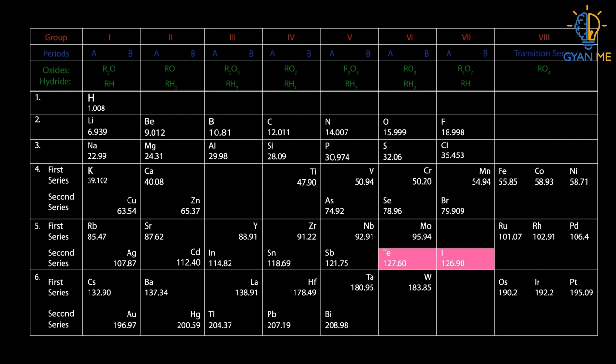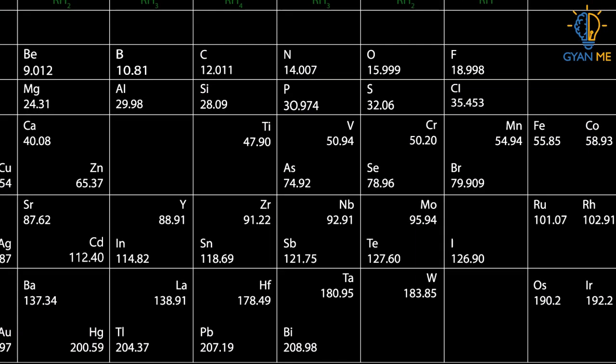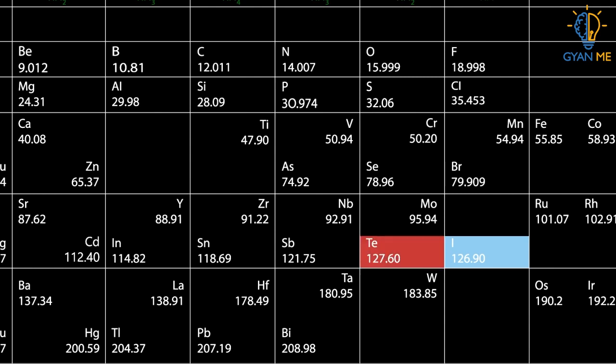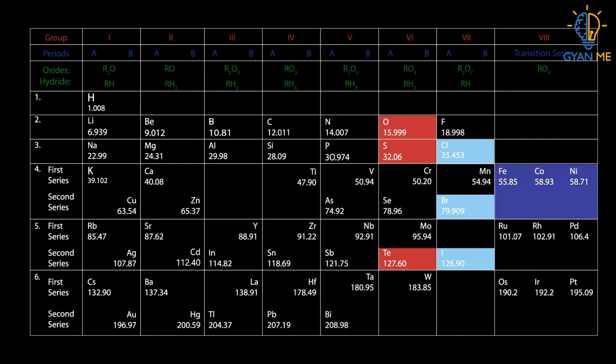Yes, here they are. Now this is because Mendeleev emphasized similarities in properties rather than increasing order of atomic mass while arranging these elements. Therefore, iodine, though of smaller weight than tellurium, is placed later as it resembles chlorine and bromine more than oxygen and sulfur. Similarly, cobalt and nickel or aluminium and silicon do not follow the increasing atomic mass pattern of the periodic table. Well, this is one of the limitations also.